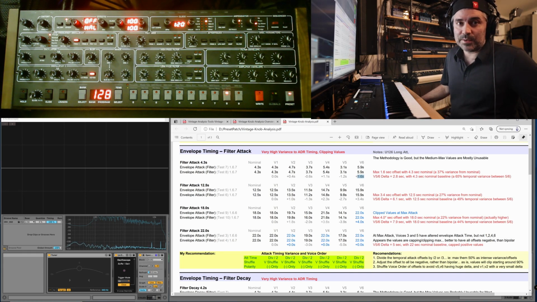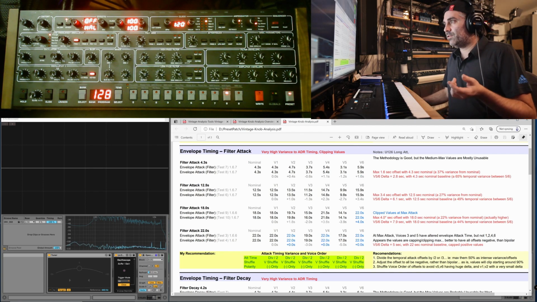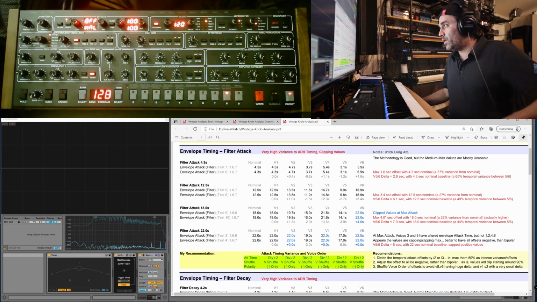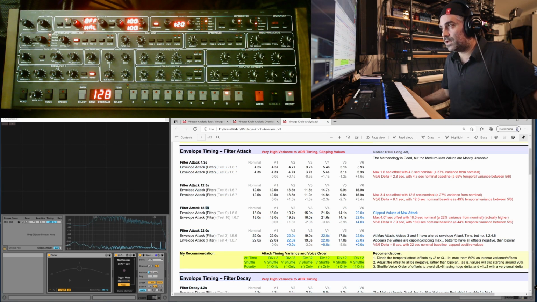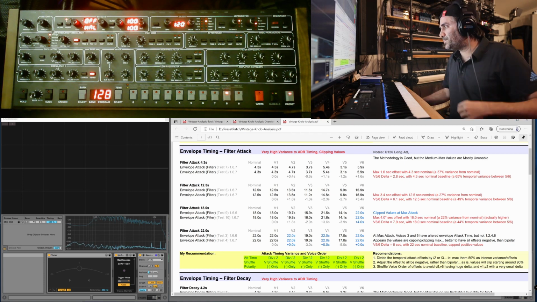That is very extreme and results in some pretty wonky sounds, and it makes it pretty much unusable at higher values. It becomes even more extreme once you get up into these higher filter attack times. So once you get up into the 18-second filter attack, when you have the knob up 90% or so,